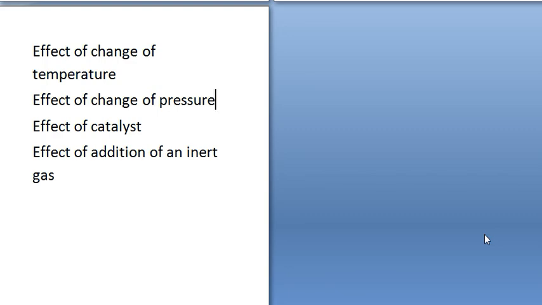Change of pressure has no effect on the state of equilibrium if the system does not have any gaseous components, or if the number of moles of reactants is equal to the number of moles of products. According to Le Chatelier's principle, if we increase the pressure, the reaction will proceed so as to decrease the pressure. On increasing pressure, volume decreases, hence molar concentration increases. To undo this change, the reaction will proceed towards that side which produces a lesser number of moles of gaseous substances.